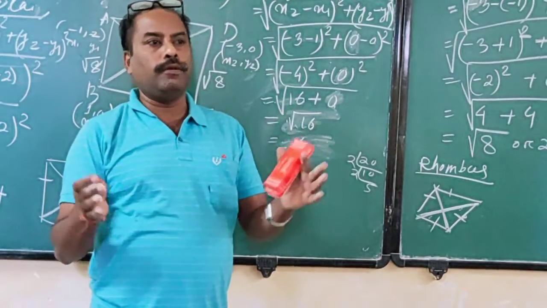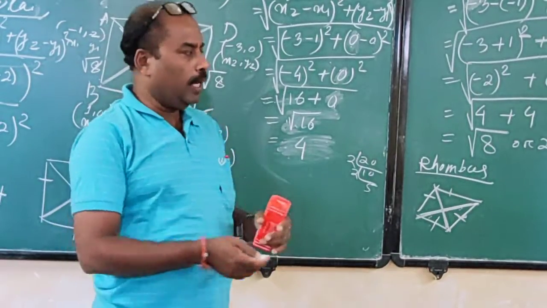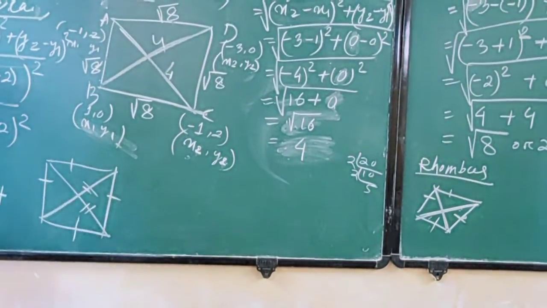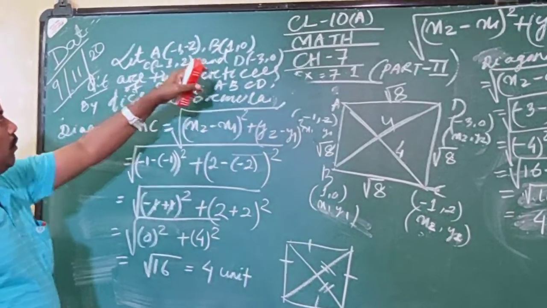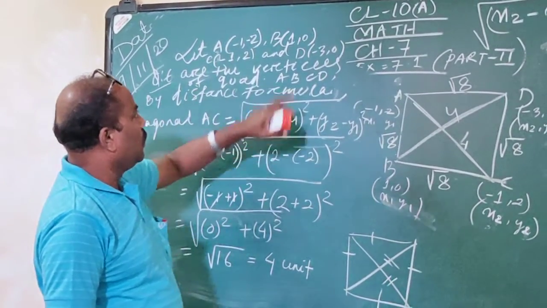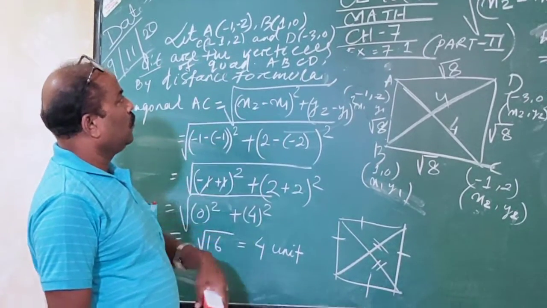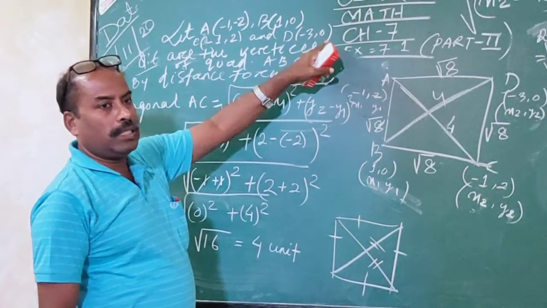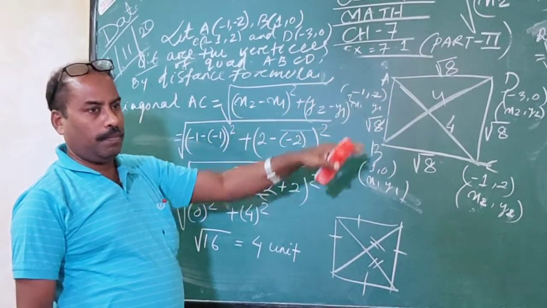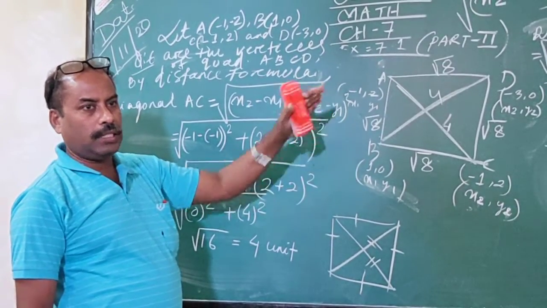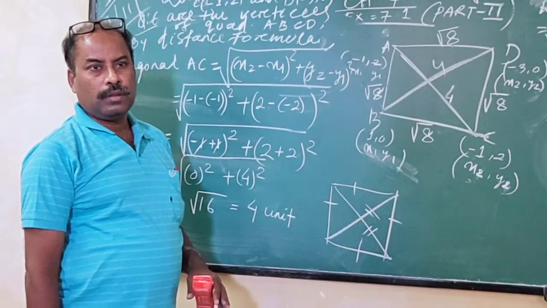That's why all 6 lengths we need to find out. Then you write: therefore, the points given, minus 1 minus 2, comma 1 0, comma minus 1 2, and minus 3 0, are the vertices of a square. Okay, so what is